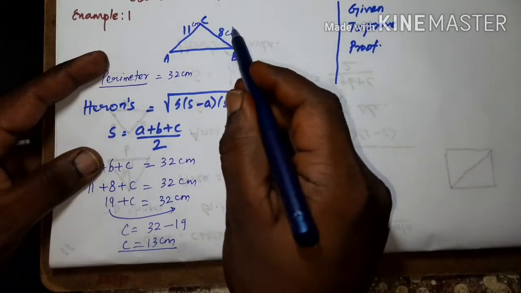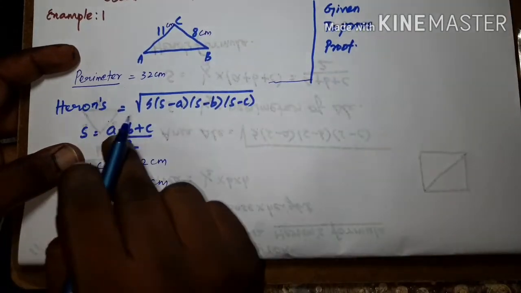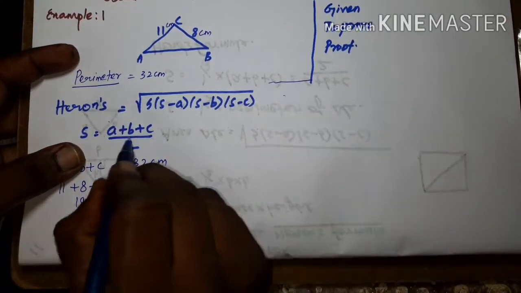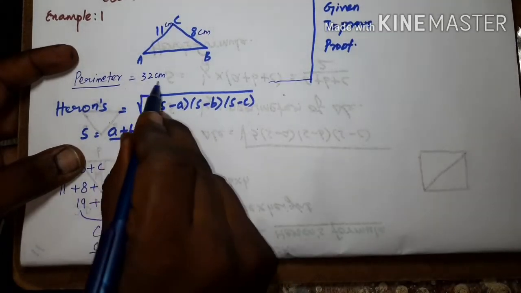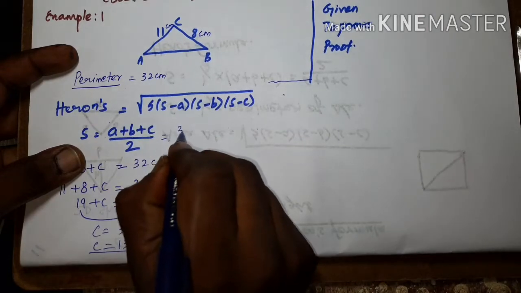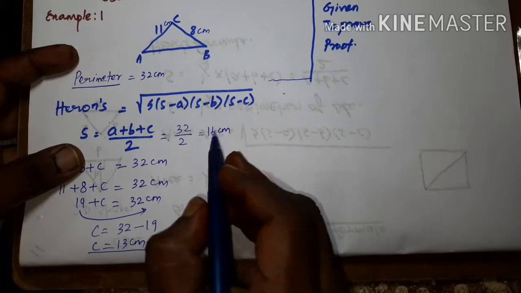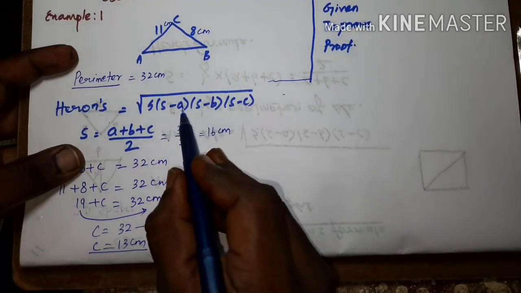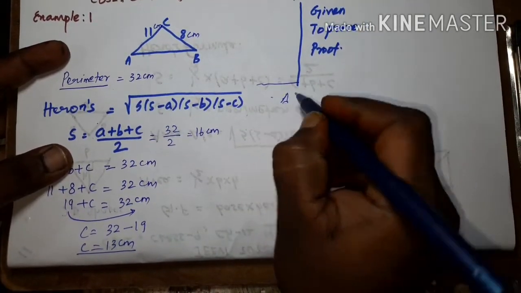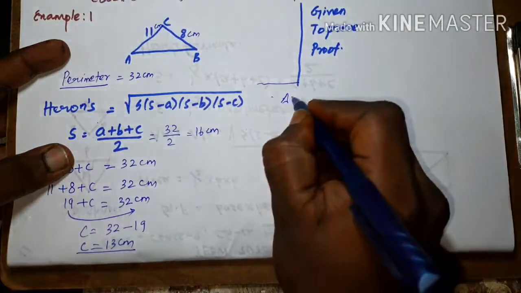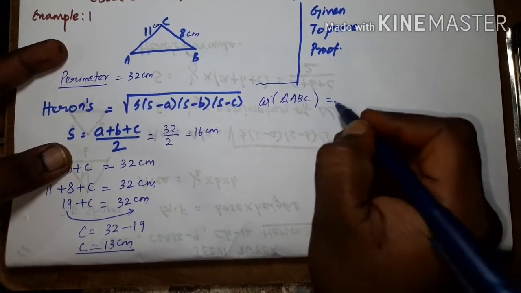So now I know the third side also. Now I know the 3 sides of this triangle. First I need to find the area of the triangle, and before that I need to find the s value here. The s value is nothing but the semi perimeter value. So I know the perimeter directly. What is the perimeter value? 32 centimeter, and 32 divided by 2 which is equal to 16 centimeter is called the s value. So now I know the s value as well as a, b and c values. So simply you are going to apply the area of triangle. I kept the name ABC, so triangle ABC, that means I need to find the area of triangle ABC by using Heron's formula.